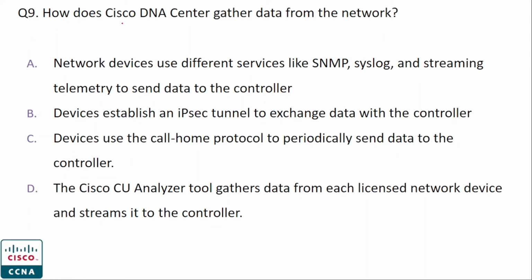Question number 9. How does Cisco DNA Center gather data from the network? And the options are option A, network devices use different services like SNMP, syslog, and streaming telemetry to send data to the controller. Option B, devices establish an IPsec tunnel to exchange data with the controller. Option C, devices use the call home protocol to periodically send data to the controller. And option D, the Cisco CU analyzer tool gathers data from each licensed network device and streams it to the